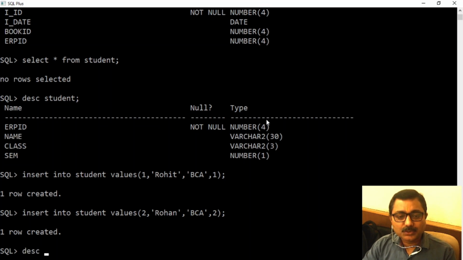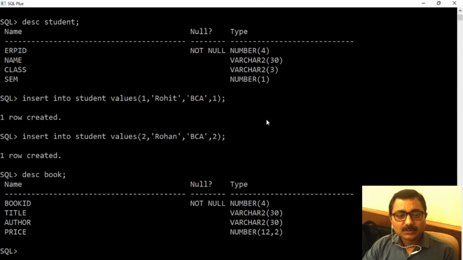Let's see description of second master table, that is book. Book is having book ID, title, author, and price.